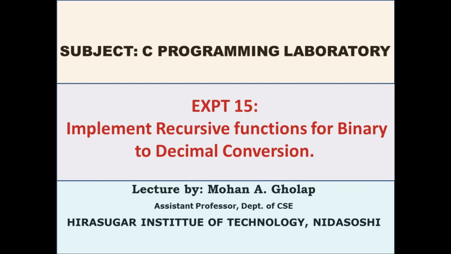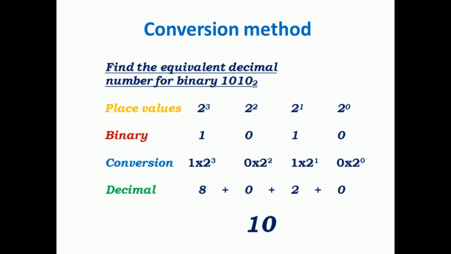Before we see how exactly we can write a program for this, first we'll see how the binary number can be converted into the decimal number. You might have already studied this in your high school or in the 10+2. With the help of one simple example, we'll see how exactly this conversion takes place. Here we have taken an example of 1010, a binary number, and we'll try to convert this into decimal.